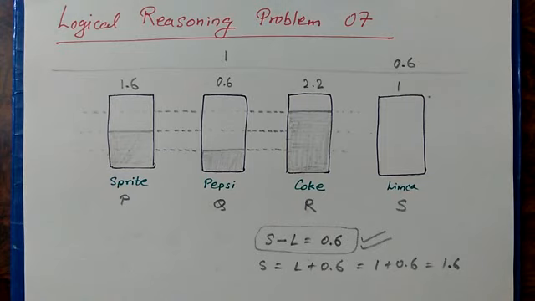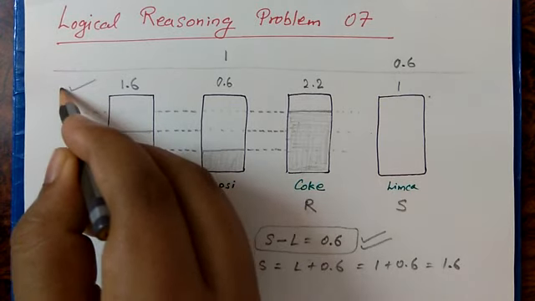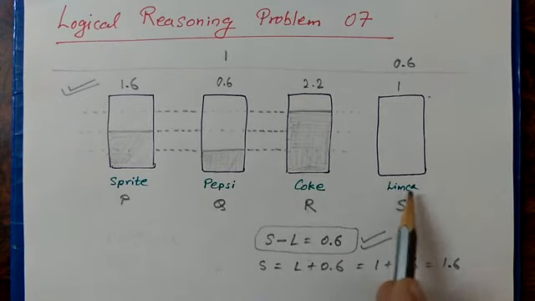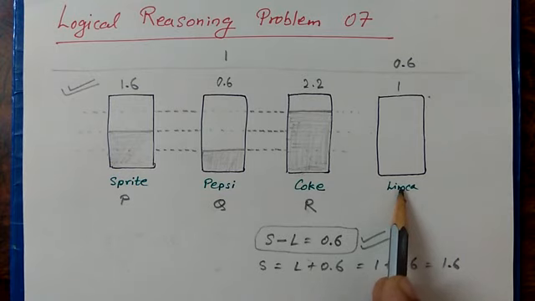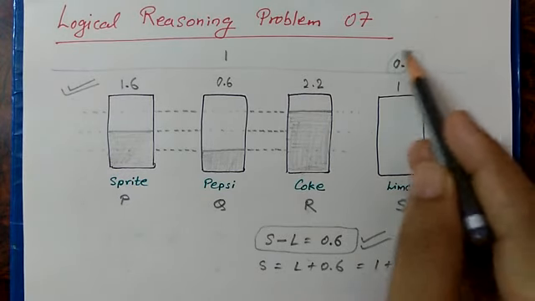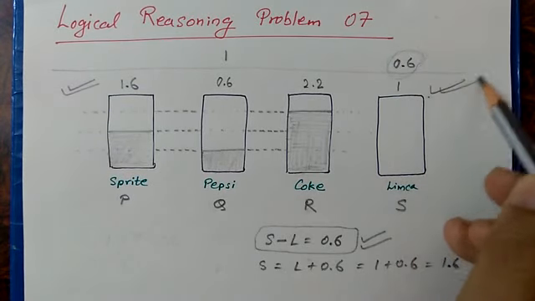So I think our solution is complete. We are going to use this set of data. Why? Because in the last condition it is said that the bottle S doesn't contain Coke and doesn't have the least amount of soft drink. In the first condition it is having the least amount of soft drink, so we will not use this data. We'll stick with the second one.